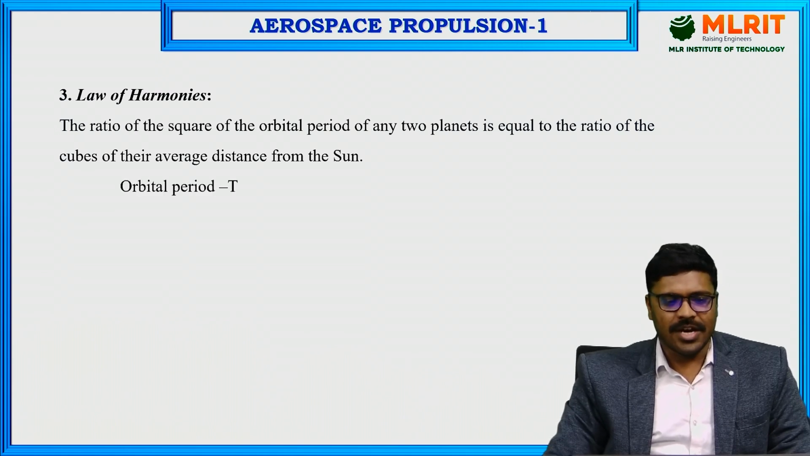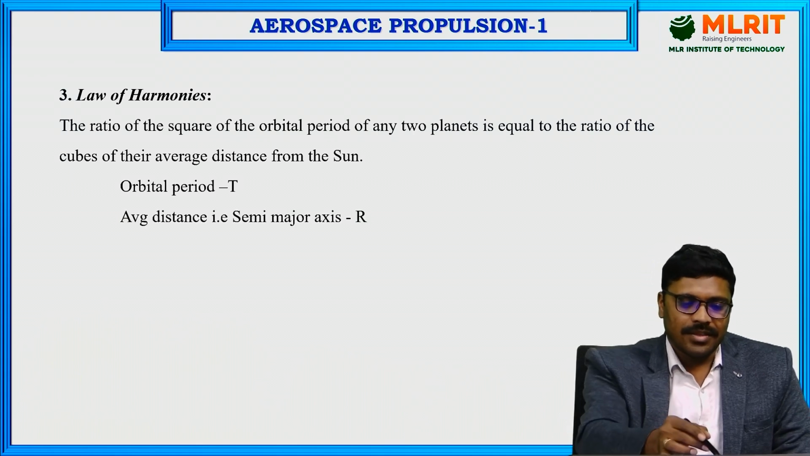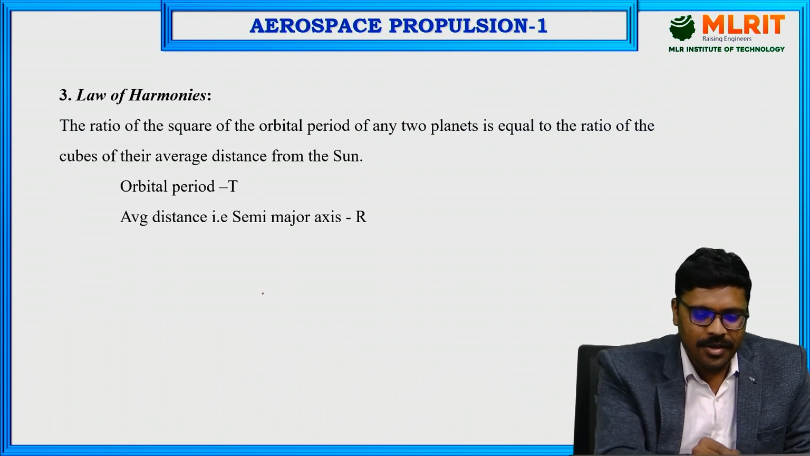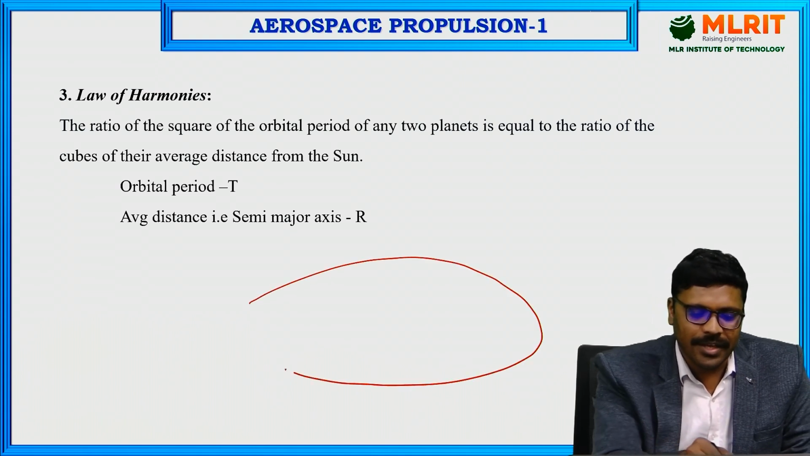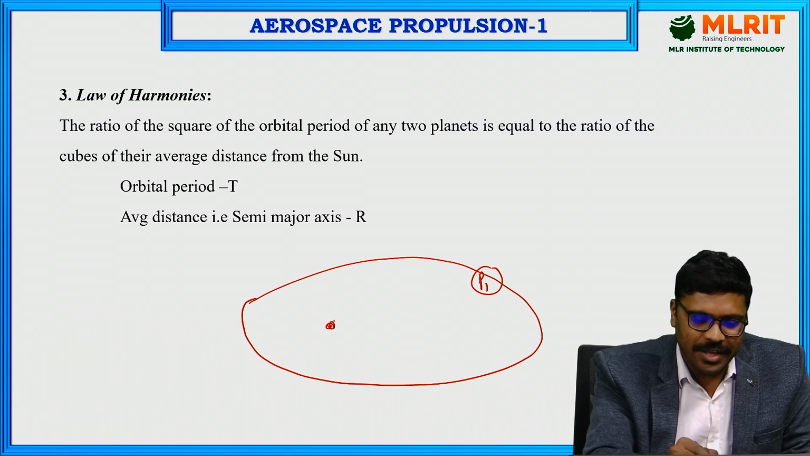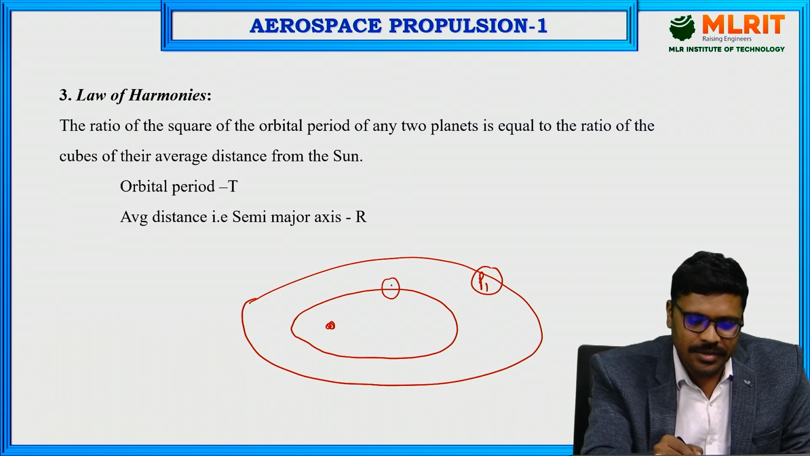If I consider the orbital period as T and the average distance, that is the semi-major axis, or the distance of the planet from the center, as R. If I consider the elliptical path like this, and this is the center, this is planet 1, P1, and I am considering another planet revolving in the elliptical path. This is planet